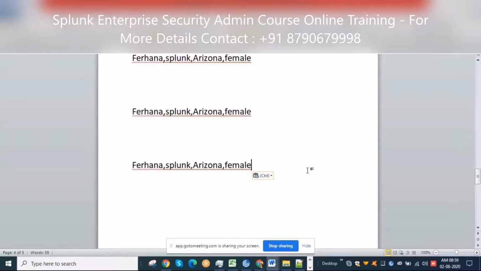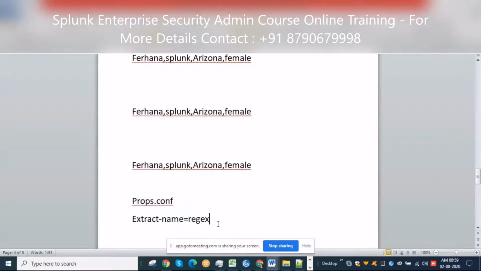Now in the props.conf file, if I want to extract each and every field and value, I should write EXTRACT-name equal to some regular expression to extract this Farhana, so in my name field I'll get Farhana.